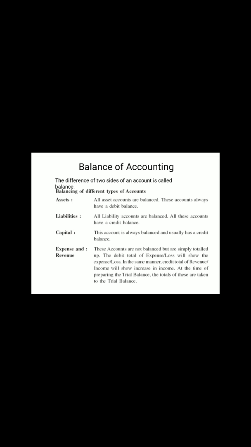Liabilities: all the liability accounts are balanced first. They show a credit balance because the credit side will be more, and then they will be put in the trial balance under the name of liabilities on the credit side. Liabilities always remain a credit balance. Expenses always remain on the debit side. There is no need to balance them, but whichever side is more, if the debit side is more, it will be put on the debit. Revenue also needs no balancing, but the credit side is always more, so it will be put as a credit balance.